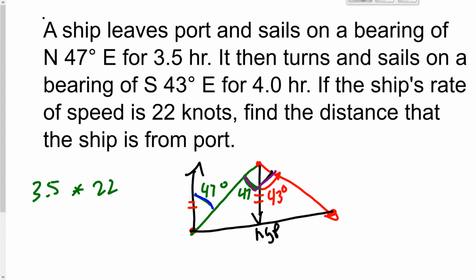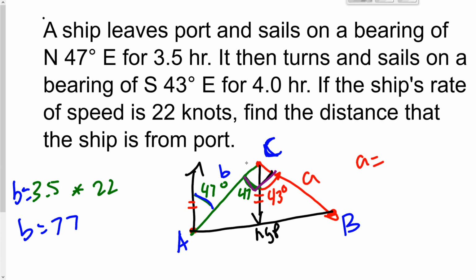So this distance in green, if you want to, you could label this triangle. Let's stick with C. Always make the 90-degree angle C, so then we're all on the same plane here. And this is B. So from A to C, that distance A to C, which is little b, b is equal to 77. Now little a is taking how long we traveled there, which is 4 hours, and the same 22 knots. So we travel